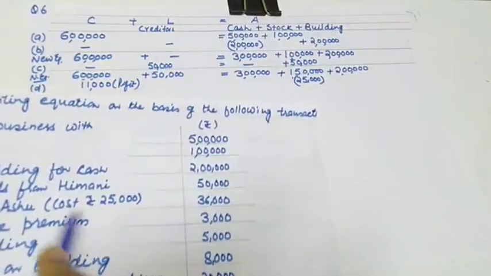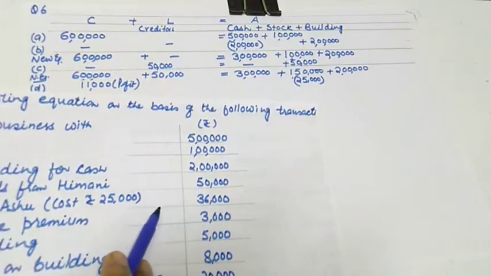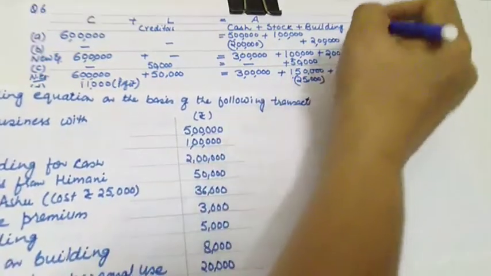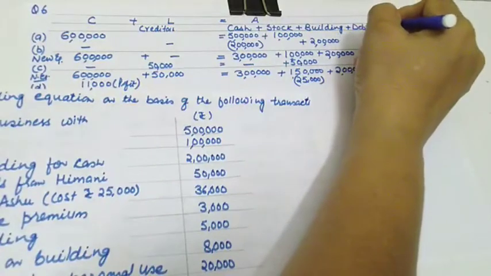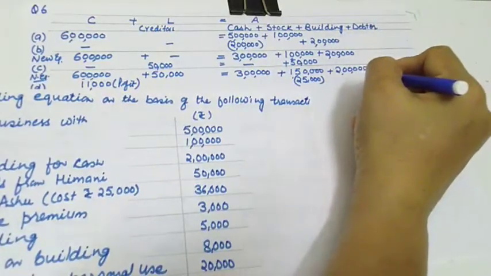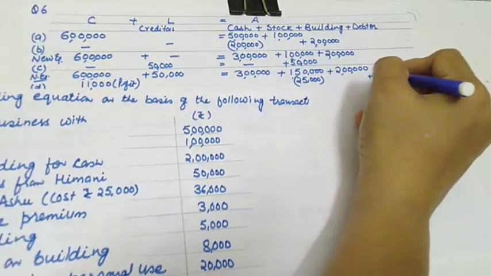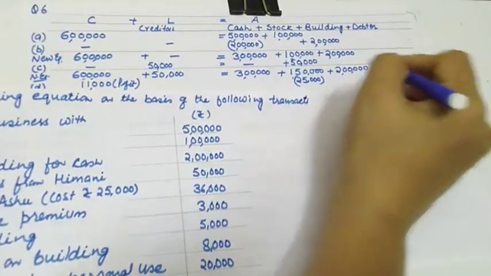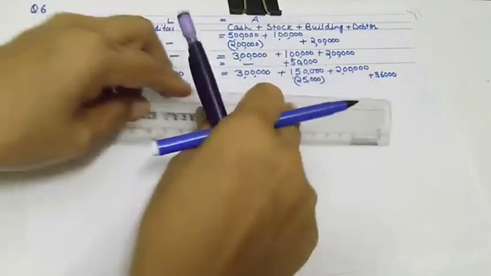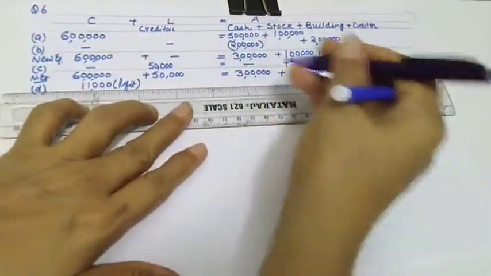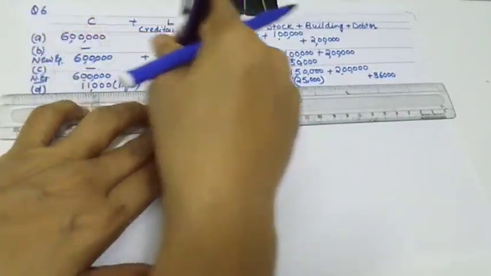And see what is happening here. The name of the person is given without any cash details. So a new item will appear. And what is the name of this new item? This will be your debtor. Under debtor you will be writing how much. It will be 36,000. So let us see the impact of this. It will be better if you draw the lines with pencil.